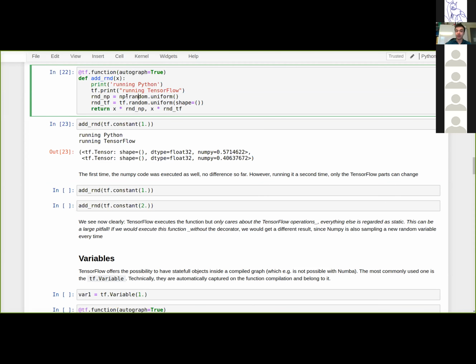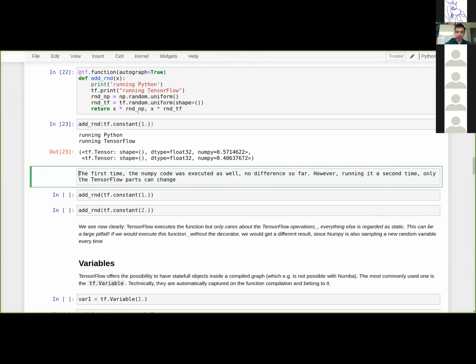Sorry, it adds a TensorFlow operation to the graph, but this one is really executed. It samples that, and random NumPy now has a fixed value for this graph compilation. While random TF doesn't have a value yet, this is a TensorFlow node. So what we get here is multiply the input by the effective number we sampled, and multiply the input by the TensorFlow operation here. Meaning, if we now call this again,